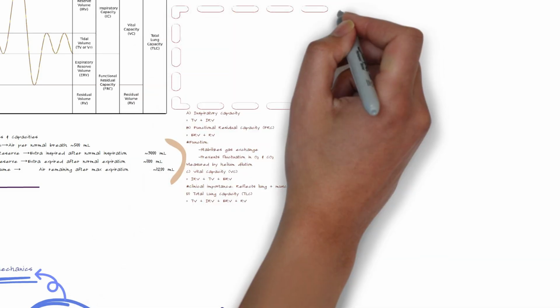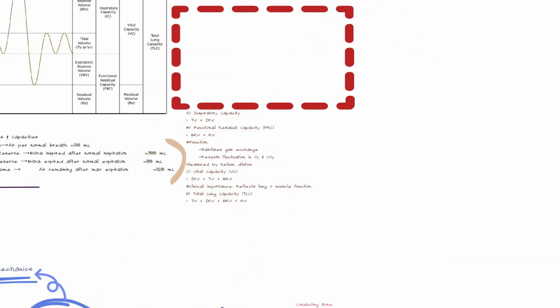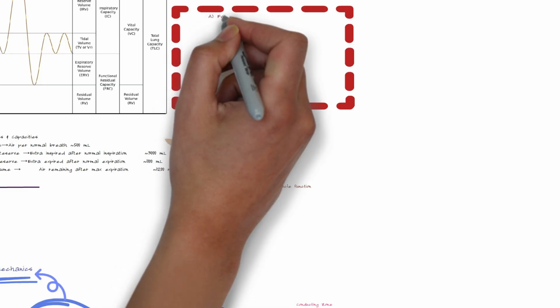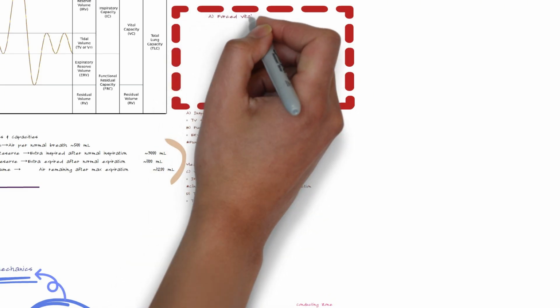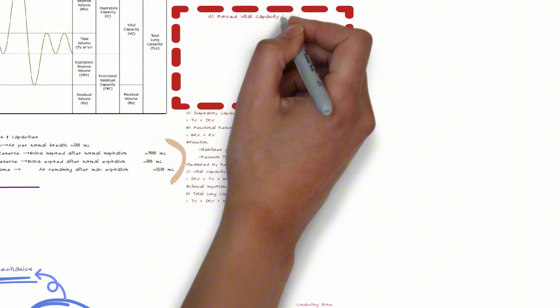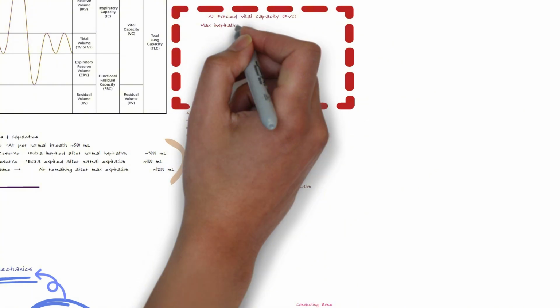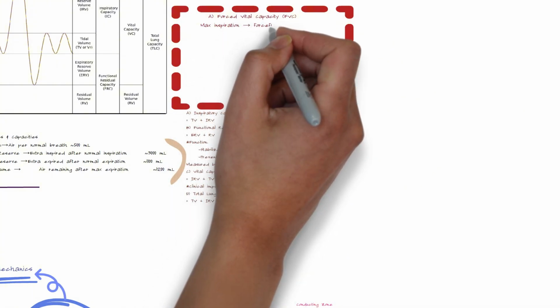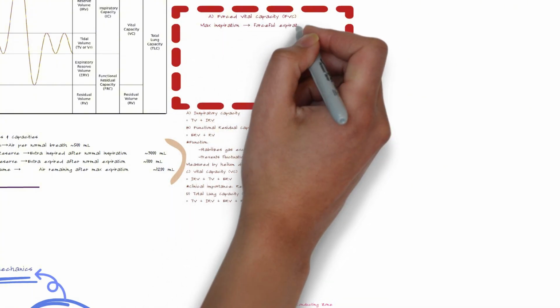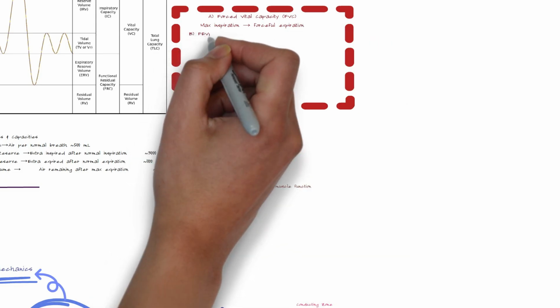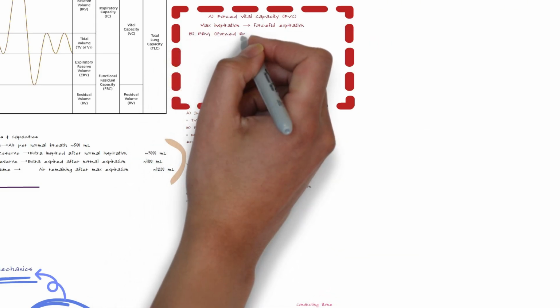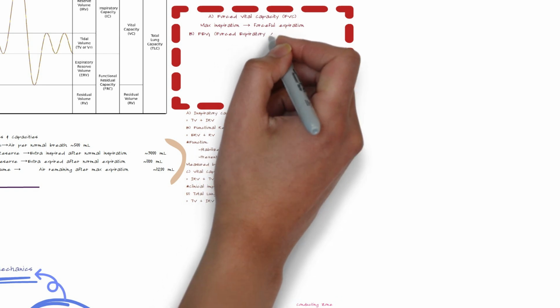So clinically, we have two other important parameters for pulmonary function: the forced vital capacity, which is maximum inspiration followed by forced expiration, and the forced expiratory volume in the first second, which is the volume exhaled rapidly in the first second. And we also need to estimate the ratio between them, and usually the FEV1 is about 80% of the forced